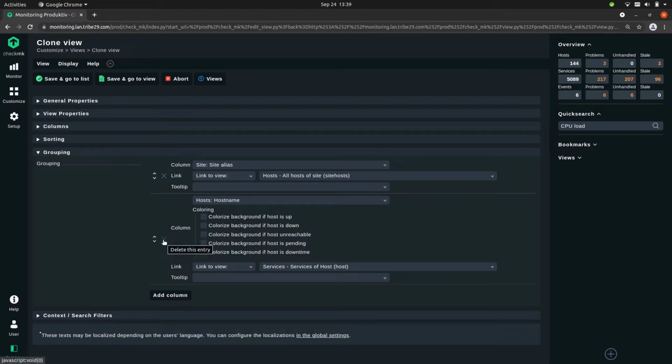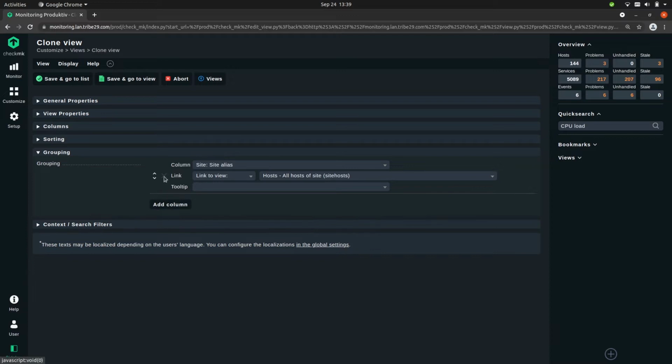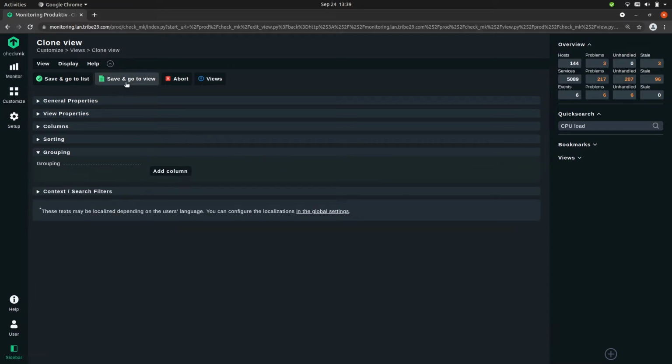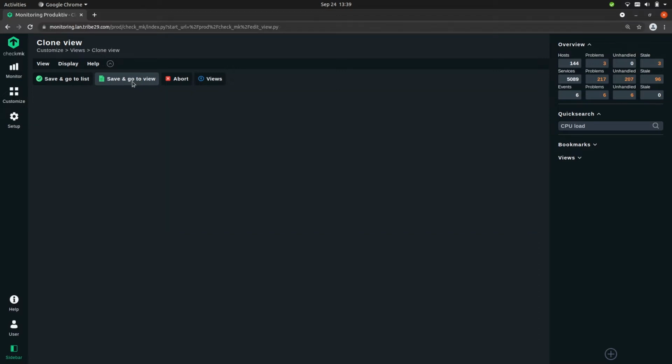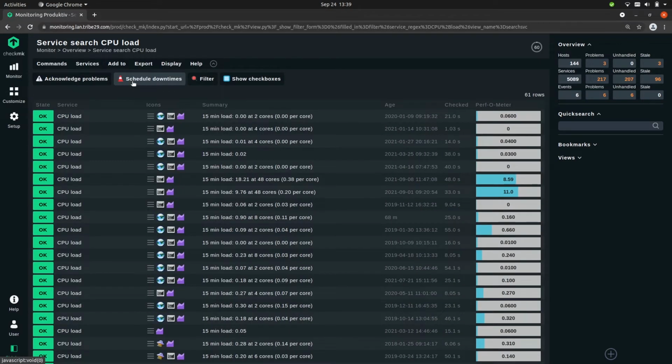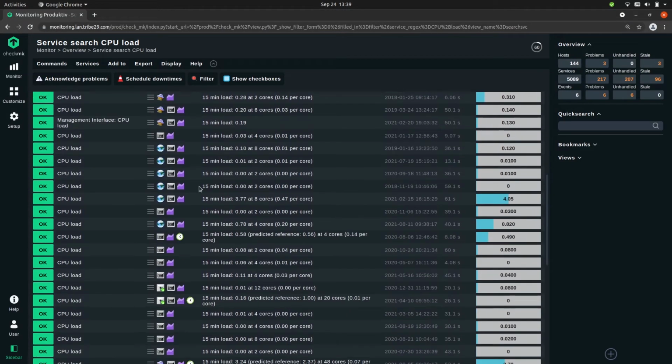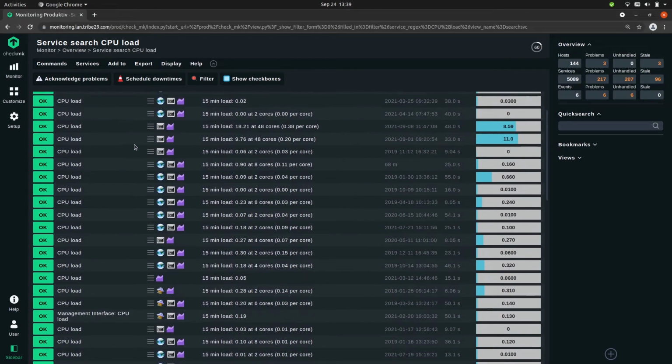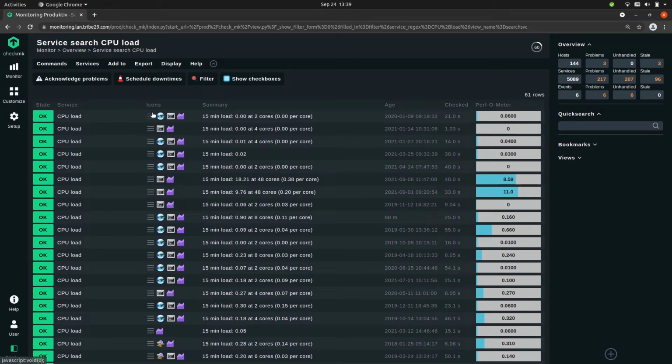And we can remove that simply by clicking on the X for each item and then go to Save and go to View. As you can see, all services are now listed in one table, but the only problem now is that you cannot see to which host each service belongs to.